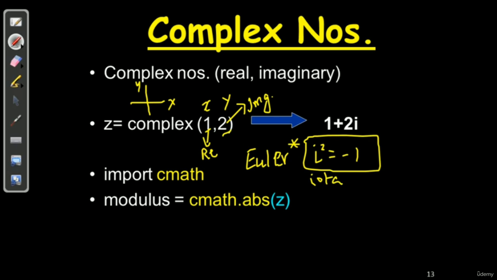That's it. So z is equal to complex(1, 2). Actually, we write that in our notebook, for simple understanding, as 1 plus 2i, where i is imaginary or iota, and it represents that in the iota it's 2 and in the real part it's 1, and together we can use that. It is not going to pop up by itself in Python, so we have to import the math module to ease our work. Here we have imported cmath, which is complex math, and we have imported the modules of it. Modules means all its functionality, all its functions.